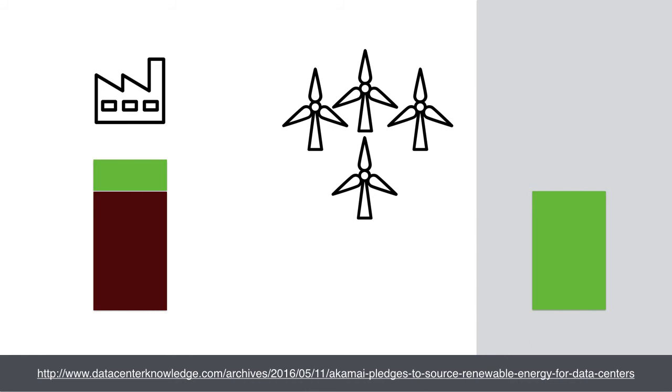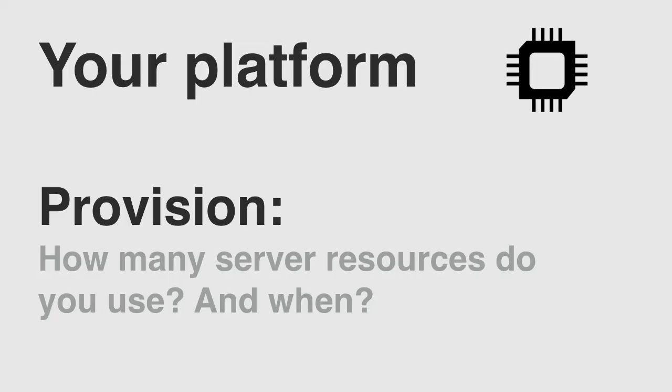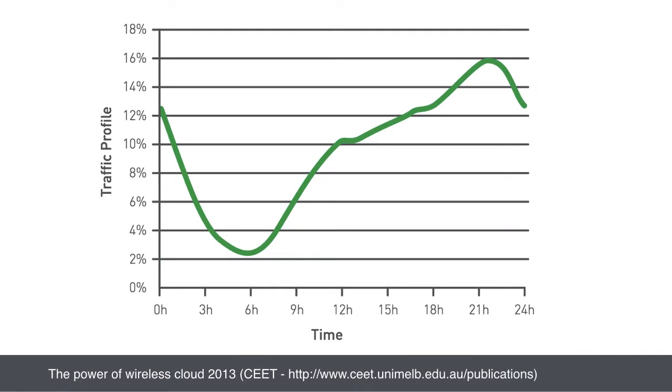So that's the idea of a kind of contract of difference, I suppose. The other big lever that determines how much CO2 is emitted on behalf of the digital products you build and operate is how efficiently you use the capacity you've paid for from your provider, especially if you're not running 100% on renewables. Now, this graph here shows the typical usage patterns of traffic across the internet in a given area